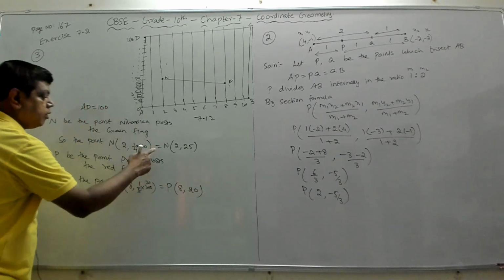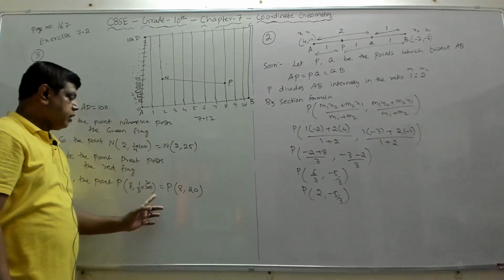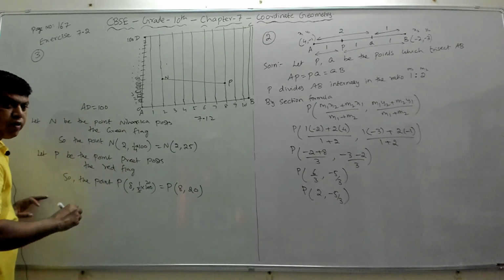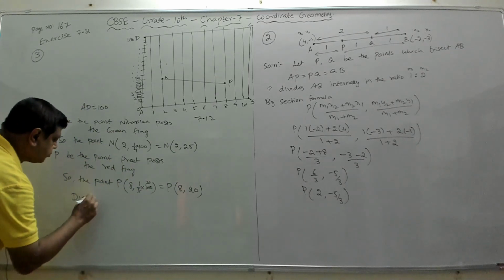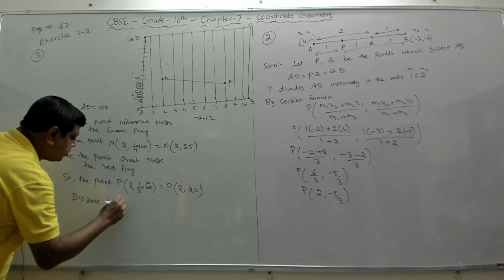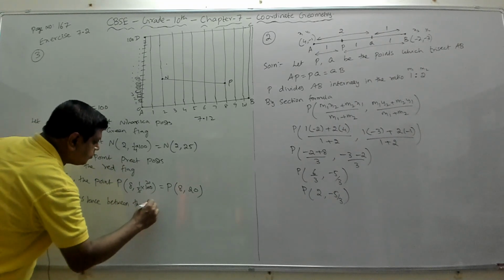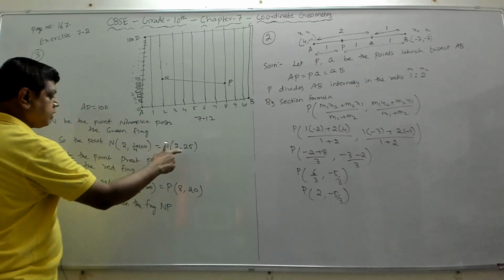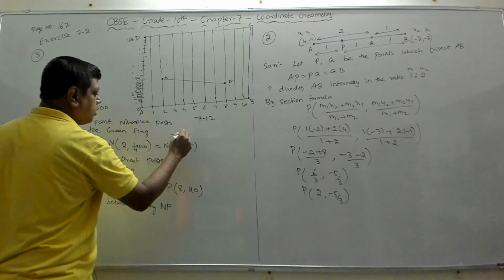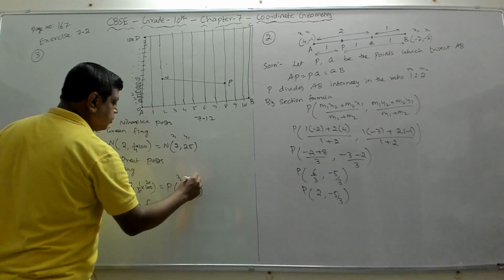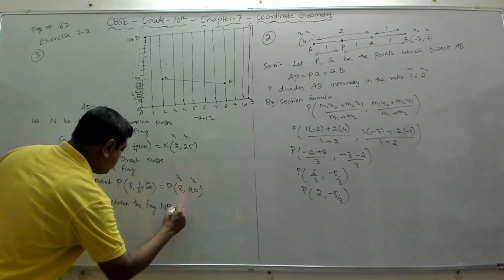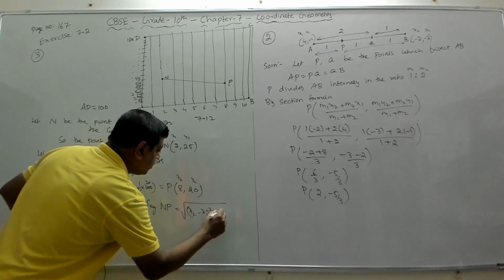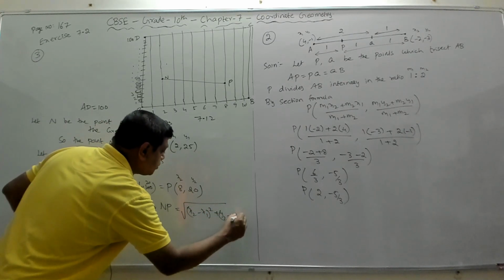So these are the 2 points where the green flag and the red flag are posted. Now we need to find the distance between these 2 flags. So the distance between the flags is NP. So we should find the distance between these 2 points. We'll take this as x1, y1, x2, y2. Now what is the distance formula? The distance between the flags NP is square root of x2 minus x1 the whole square plus y2 minus y1 the whole square. This is the distance between the 2 points.